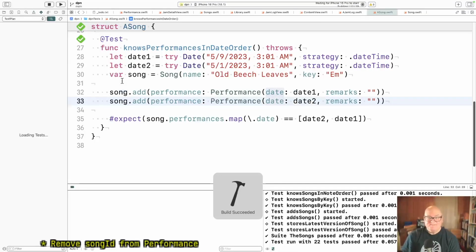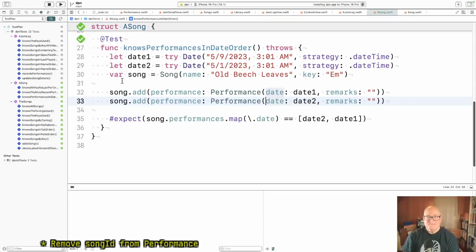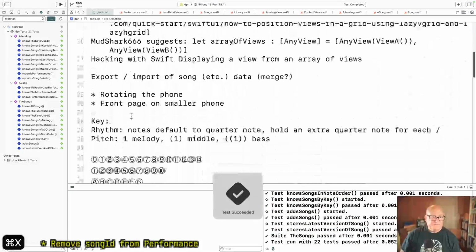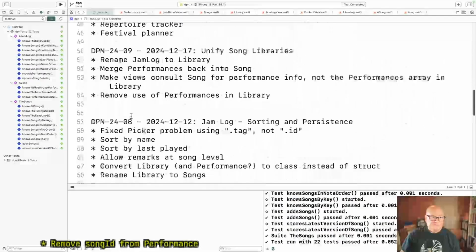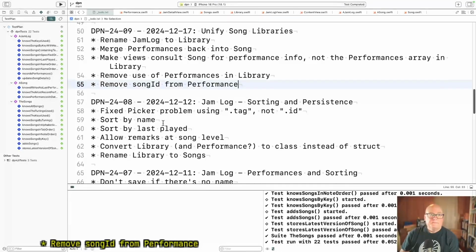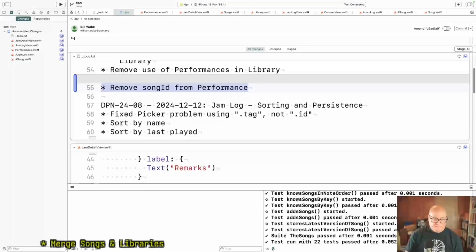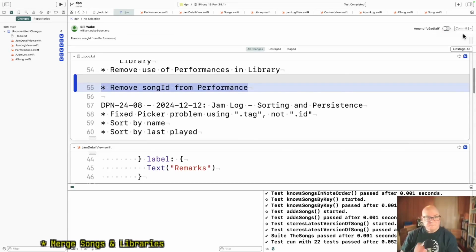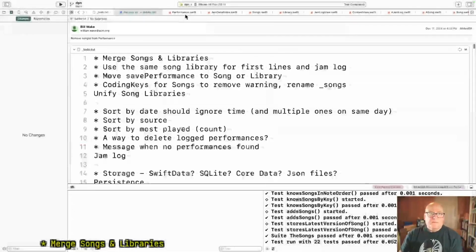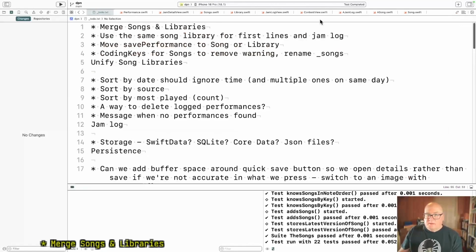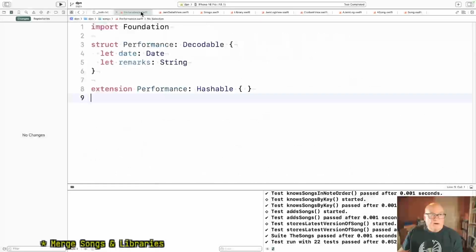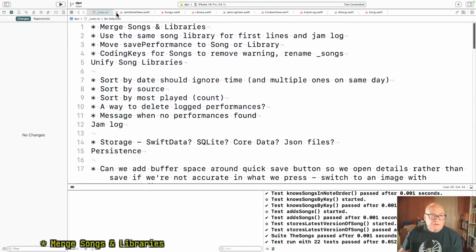Should be good. Okay. Well, where we are, performance is good, I think.